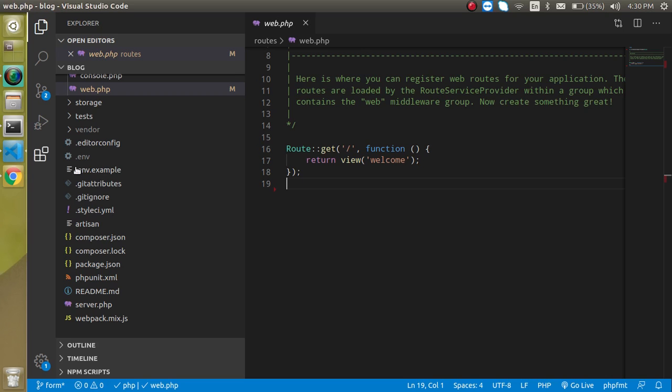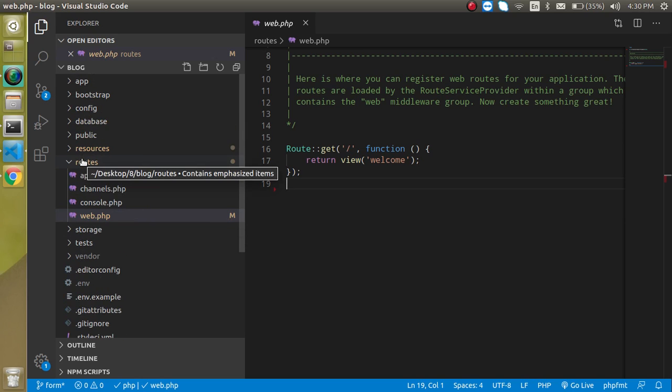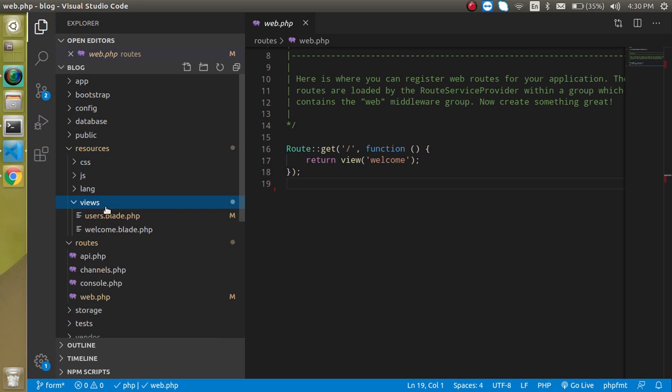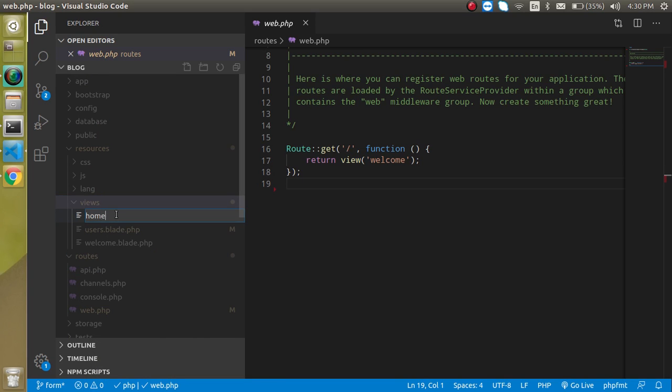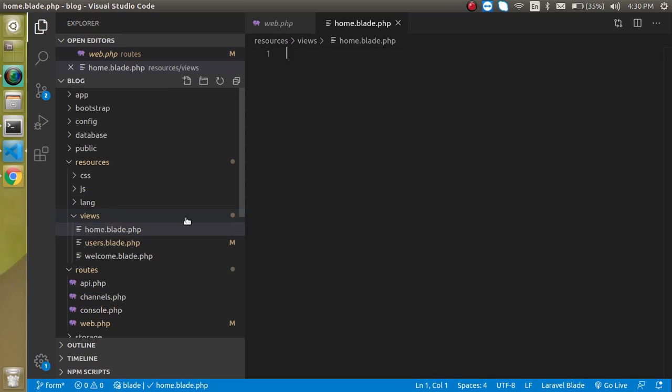First of all, I'm just going to make some pages. So let's go to the resources view and make some pages like home.blade.php. If you are watching our playlist, then maybe you are wondering why I'm creating these files again and again, right? Because I created the home.blade.php and the access.blade.php in the previous video also. The reason is maybe you are watching the complete playlist, but some other person is jumping directly onto that video, right? So that time he cannot understand why I made this page and how I made this page. That's why I'm covering the complete thing in a single video separately, right?